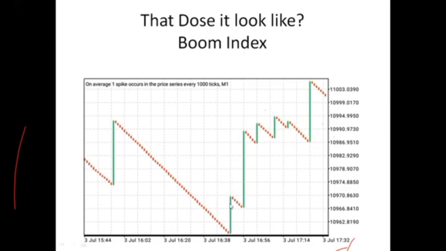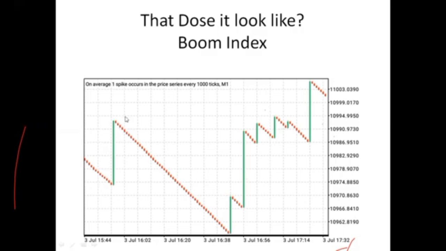In the boom markets, we always have these long moves, and a long move like this is called a spike. These long moves always go to the upside in the boom market, be it Boom 1000, Boom 300, or even Boom 500. We always have the spikes heading to the upside. Then we have the little candlesticks. Even this long one you see here is also called a candlestick, but the way it moves makes it go by the name spike.